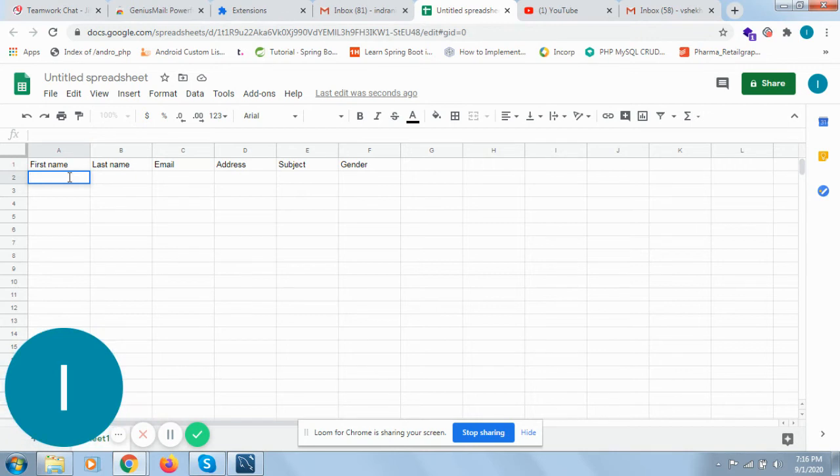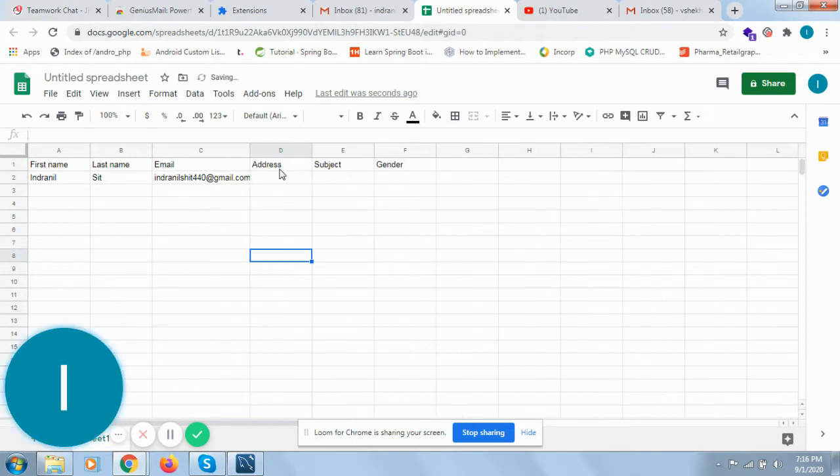Let me create this data. I am giving this Ronil, and for address I am giving Bankura.